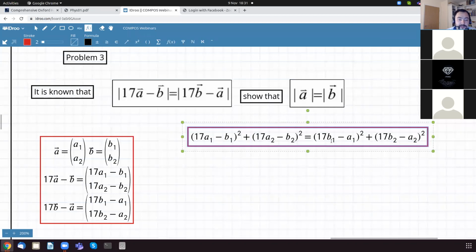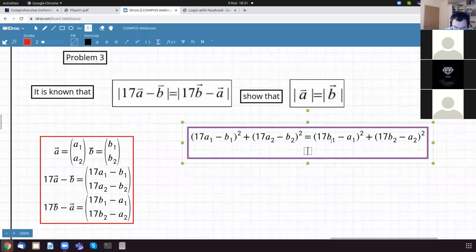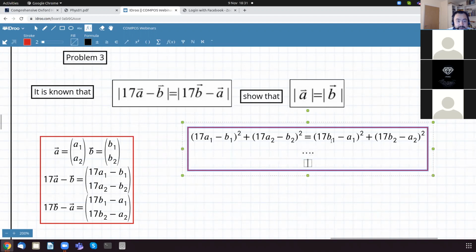And all you need now is to expand. When you expand and take the terms to either side, you will see... So as an exercise, do the expanding yourself. Expand and simplify, you shouldn't have any problems here. You get something along the lines of 288a1